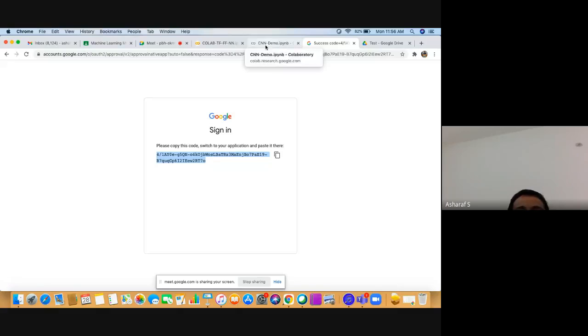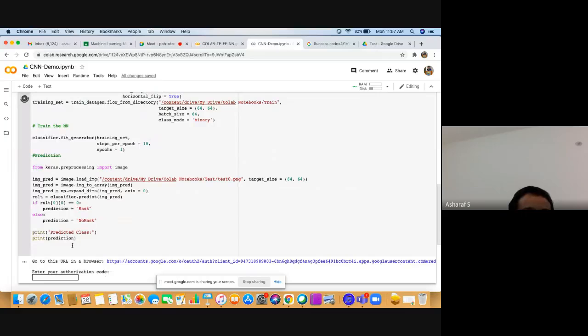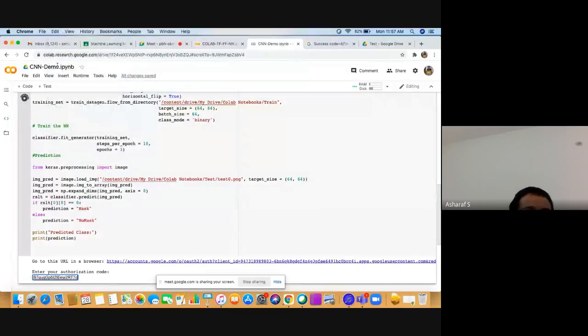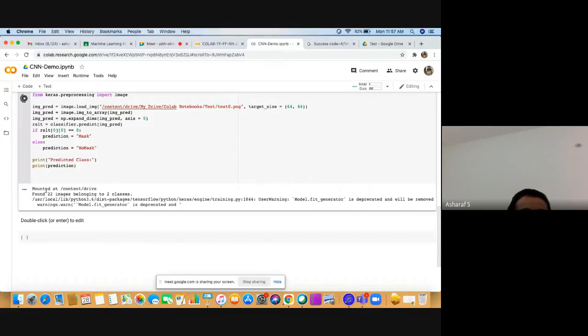When you put your data in the Google Drive, you have to give the permission like this. Paste it. Now the permission is given, so it must be running by now. Yes, the authorization code is there. It started working. Now the mounting happened, meaning my Google Drive is mounted,